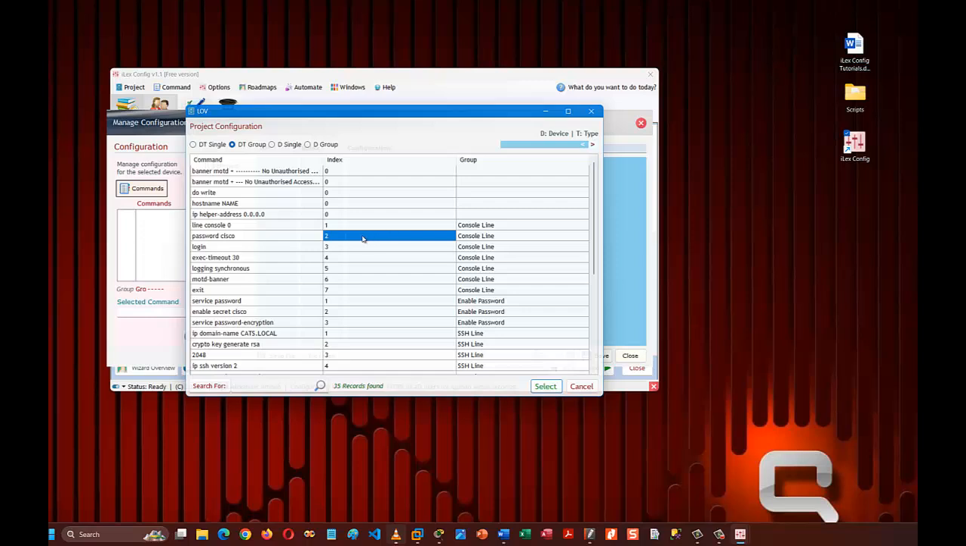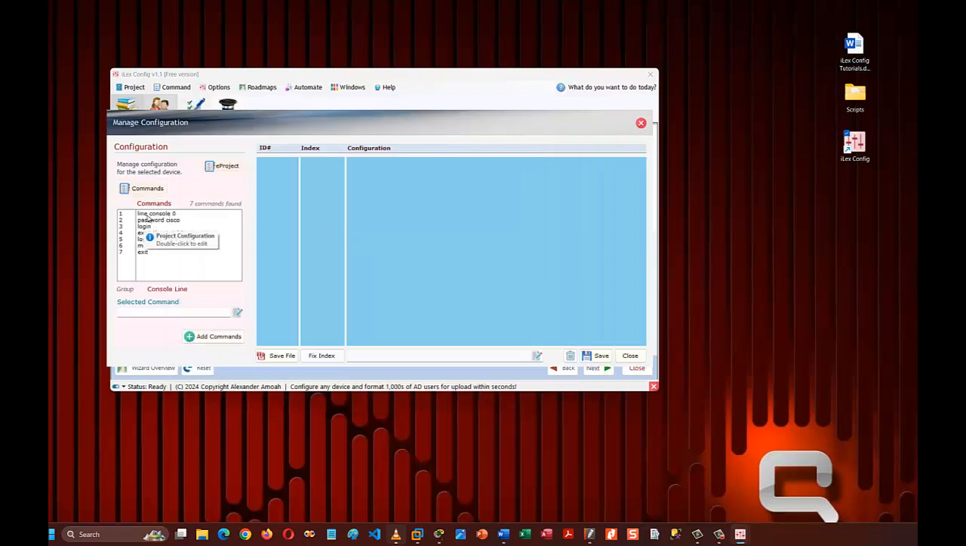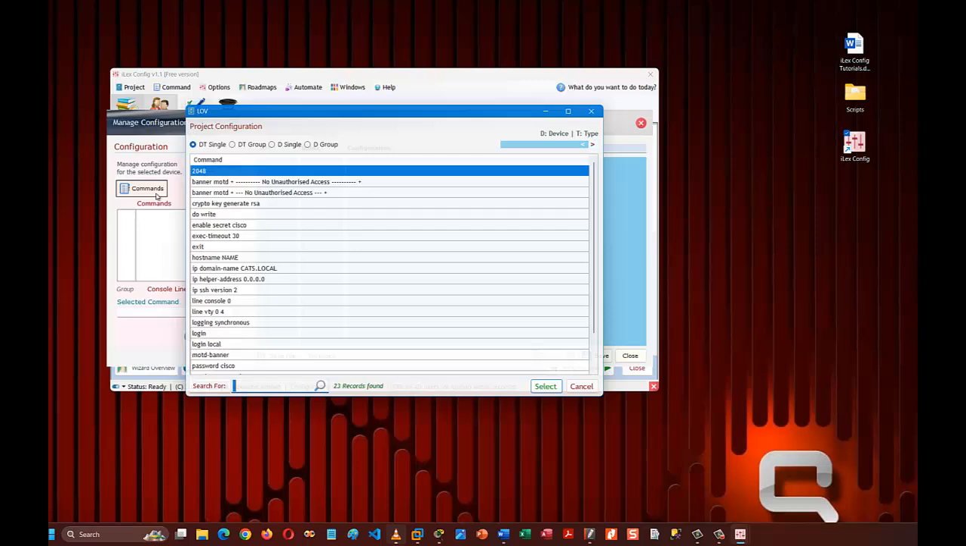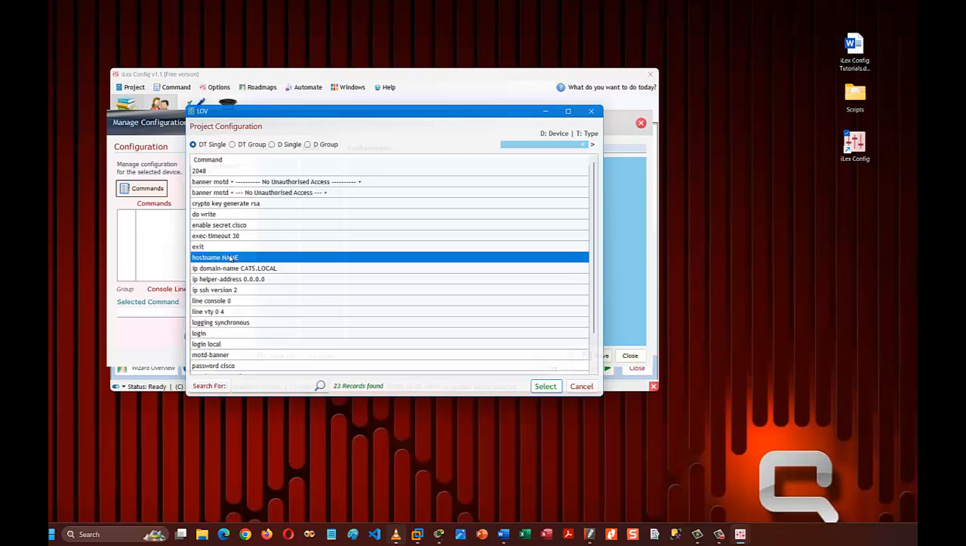So let's try this one. Let's double click this one. You see, it has brought all the commands in group. All right. Okay. Now we don't need this one. So we're going to select a single command. And the first one is we are going to set a host name. So this is it. We double click on it,